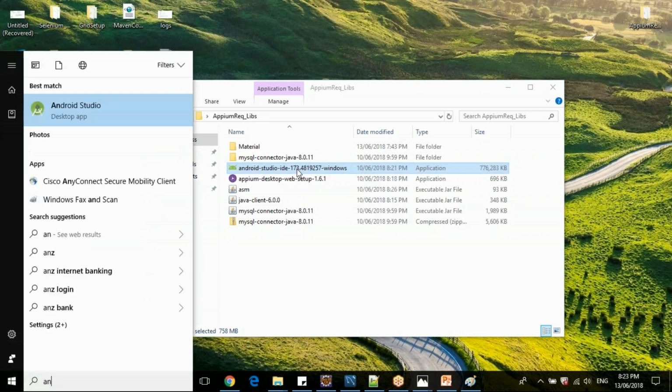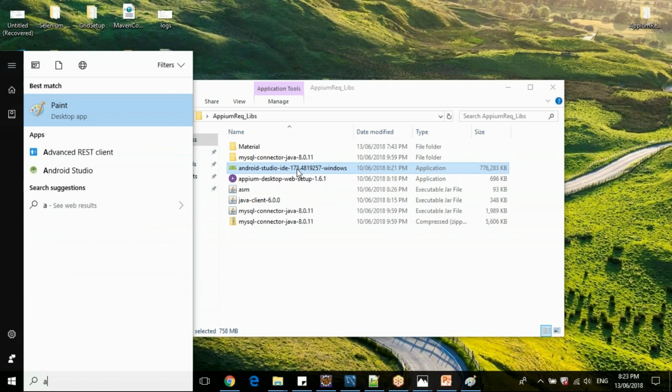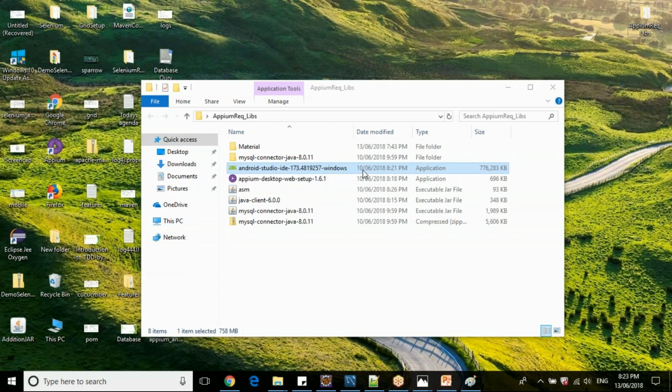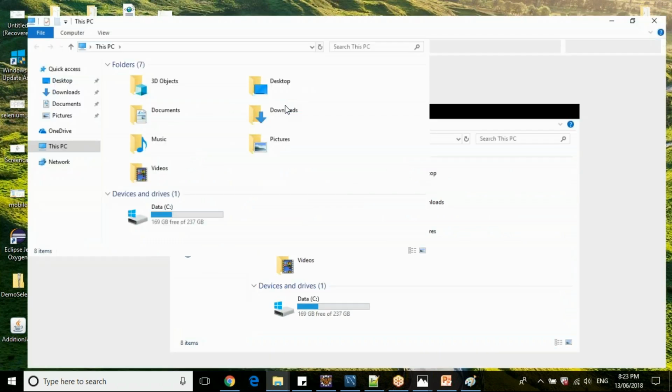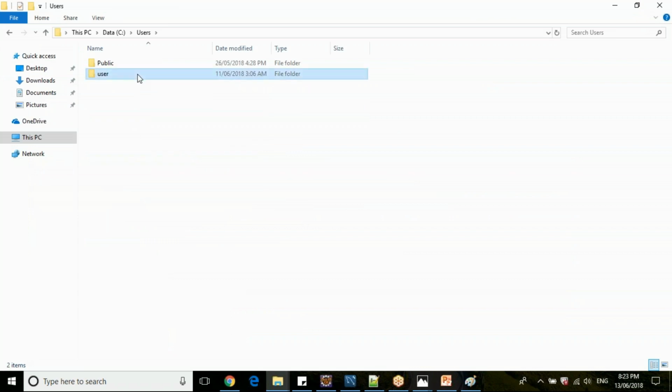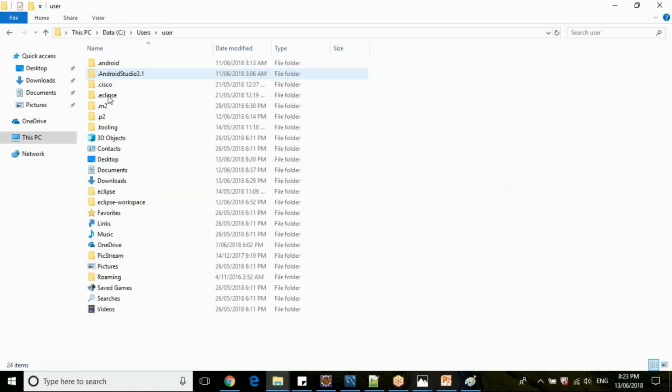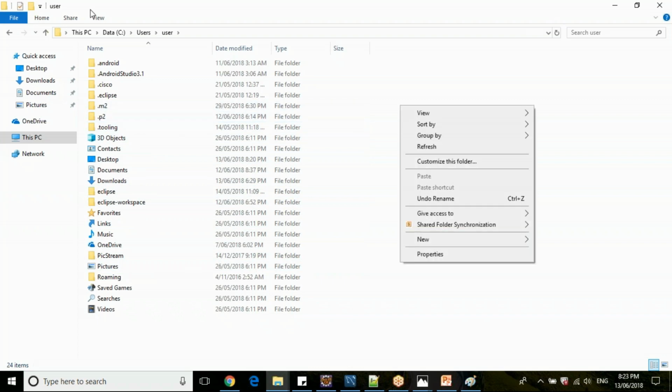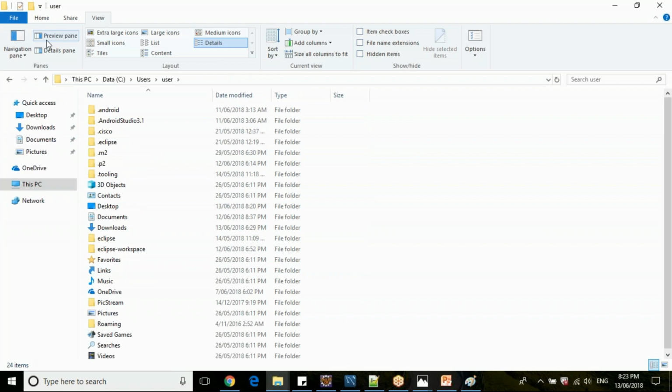Okay, I have already installed this Android Studio. It's like double-clicking and installing a normal Windows EXE application, guys. Once you install it, you will get a folder under Users. Just go to C drive, then Users, where the user is whatever your username is. Now here go to AppData. If you're not able to view AppData, just enable your hidden files.